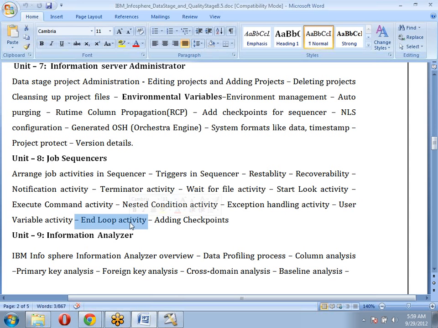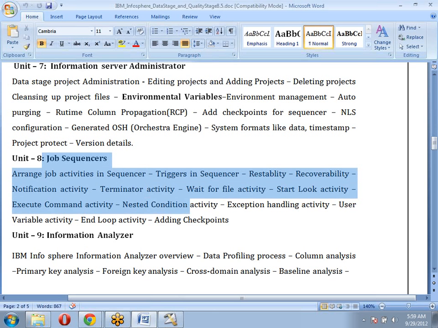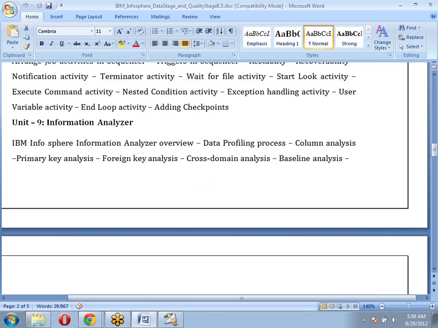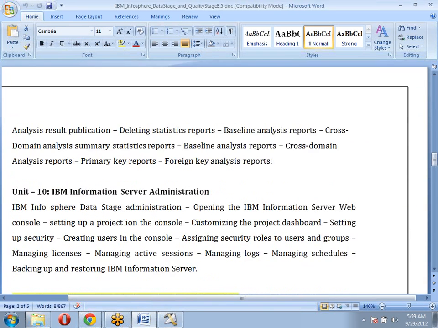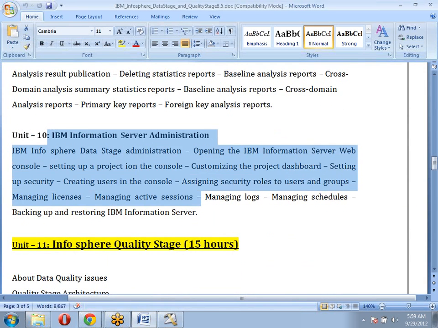And in case of a loop, where we want to run the same job multiple times, we want to specify a loop condition also. These kinds of activities we will discuss in job sequences, and then we'll go for the basic information, and also the Information Services admin.